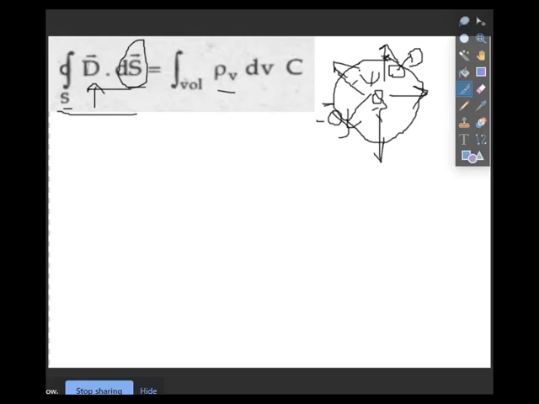On the right hand side, in the figure, we have charge Q present inside the closed volume. If you take a unit volume, that is dV, in this area, it will have volume charge density as rho v. If you integrate rho v over the complete volume, then you will get Q. So this expression states that the total electric flux, that is psi, crossing the surface is equal to the total electric charge present inside the closed surface.